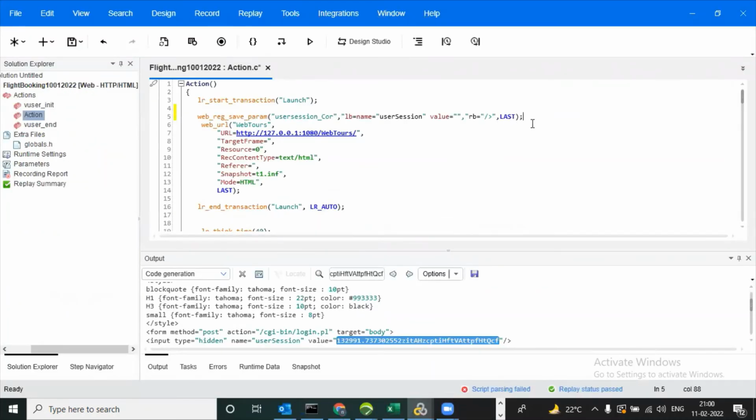So we wrote the function. After that function, you can observe we need to do some further changes. See, in double colons we only gave this and this, but after that you can observe after equal to one more double colon will be there, after section one more double colon, after value equal to one more, and RB equal to also. For this, LoadRunner actually doesn't know what this is. So you can observe here script parsing failed, because the LoadRunner library doesn't know what that double colon is.